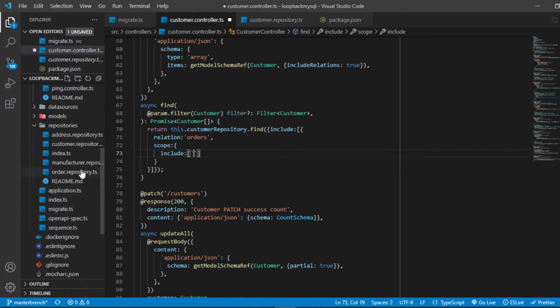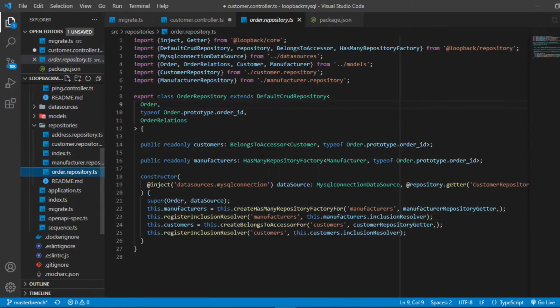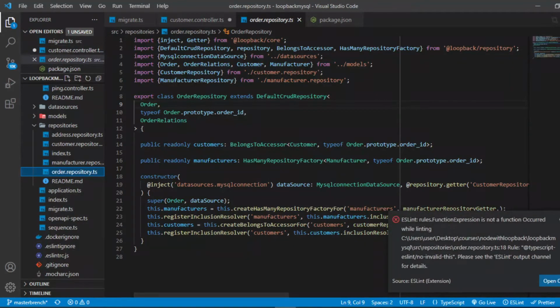You have to check the relation inside order repository. We have relation manufacturer,